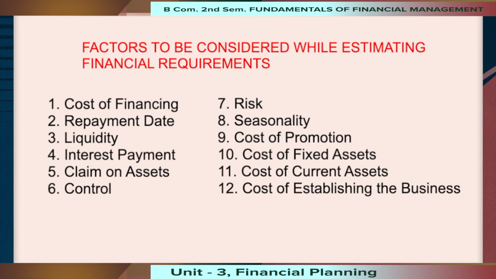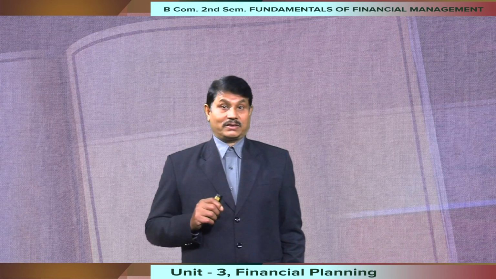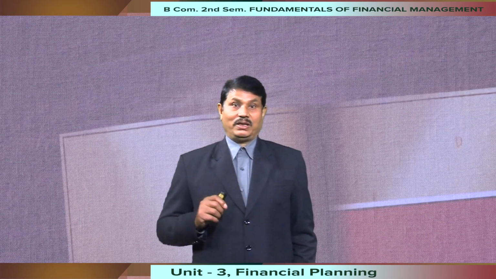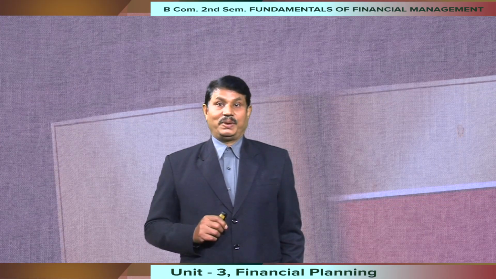The requirements of current assets such as cash, stock of goods, book debts, etc. should be assessed on the basis of estimated sales and production schedules or projections. And the last one is cost of establishing the business. The capital requirements at the time of establishment of a concern may be studied under the heads of fixed capital